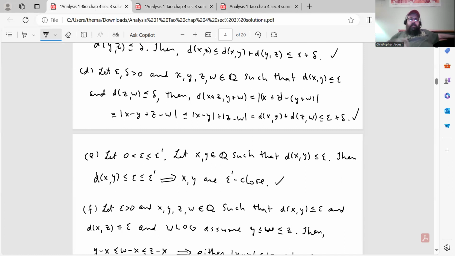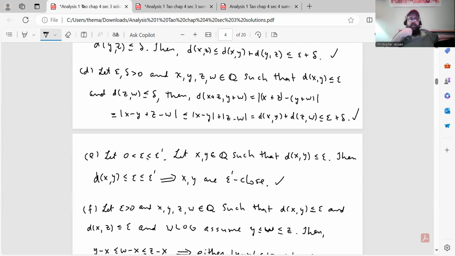Let epsilon, delta greater than 0 and x, y, z, w rational numbers such that the distance between x and y is less than or equal to epsilon, and the distance between z and w is less than or equal to delta. Then the distance between x plus z and y plus w is equal to the absolute value of x plus z minus (y plus w), which we can rearrange by commutativity and associativity of